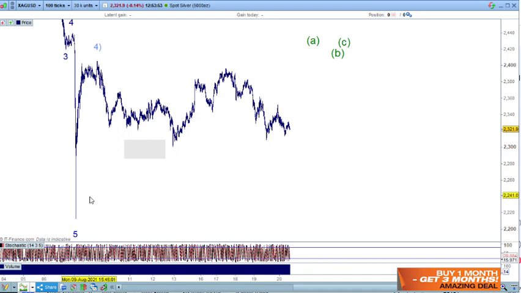So if that's going to be a wave 4, then we need to bring that over there, and I'll need to lift that up a degree of structure as well. But this here is in 3 waves, whichever way you want to count it. So an A and a B and a C. This one here is 1 and 2 and 3 and 4 and 5. So this can be bullish as long as that low stays in. Okay, so this could be up for wave 1 here, an A wave, a B wave and a C wave for here. But if that low is breached, you can clearly see that there's 5 waves here.